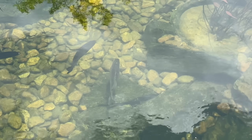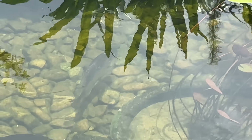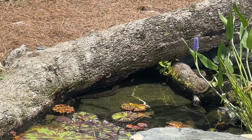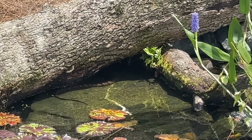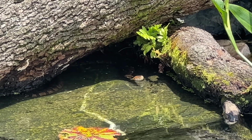But so far, he seems to be acclimating good. None of the bass are giving him a hard time, which is good. And that's probably because he's just as big as they are. And he's doing a little exploring. He's got a lot more caves to hide out in this pond. But somebody's already occupying one of those caves, and that's Jake the Snake, hiding out right there under the log,